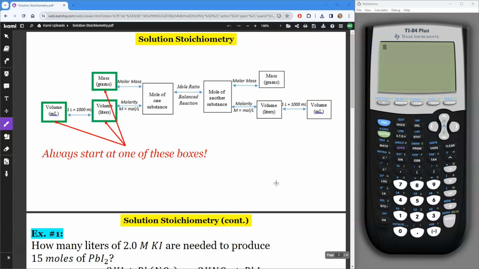Now when we do solution stoichiometry, you're commonly going to be starting with grams, liters, or milliliters. Could also start with moles. But you will never, ever start with molarity. And you'll see what I mean in the first example,